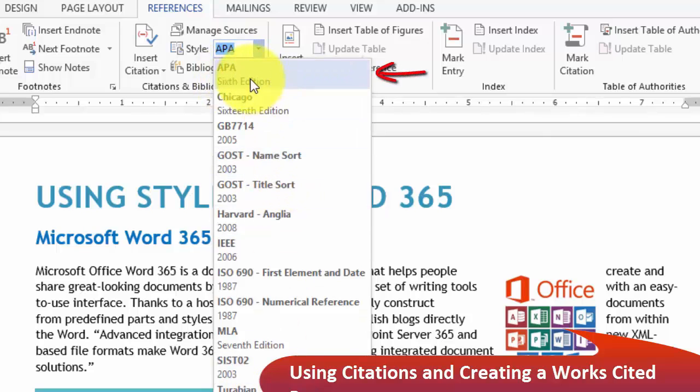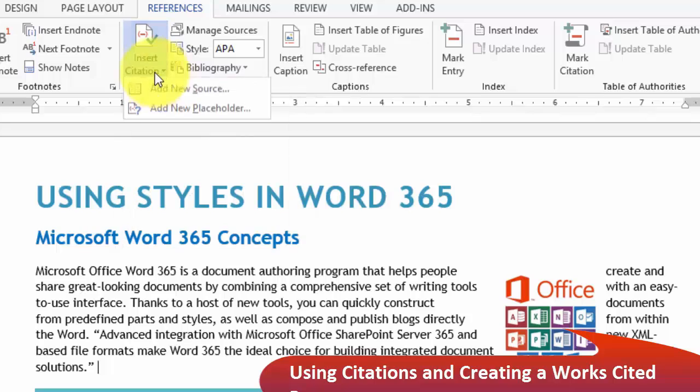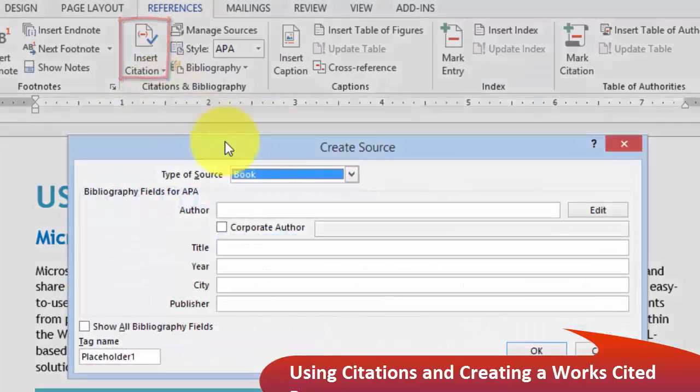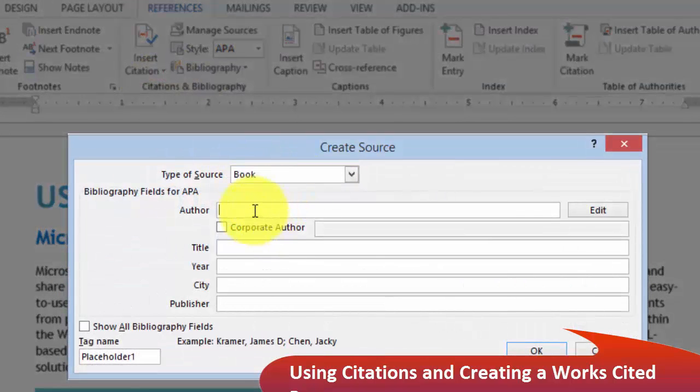This is more widespread, particularly in grad education and certain types of sciences. So we go here under APA. Now we click on Insert Citation, add a new source, and let's say it's a book. And we simply have to insert here the fields that are required. The computer will keep track of how to format it and how to display it and all that type of